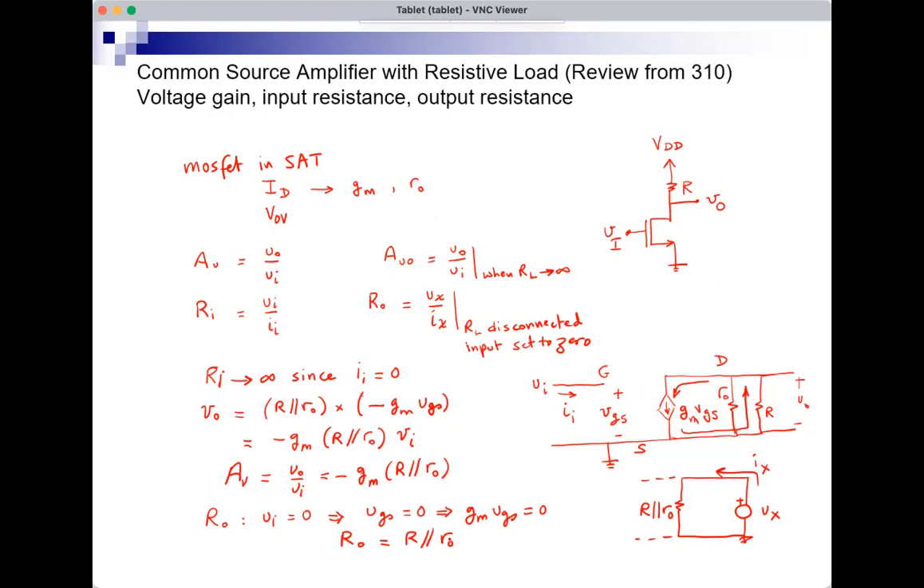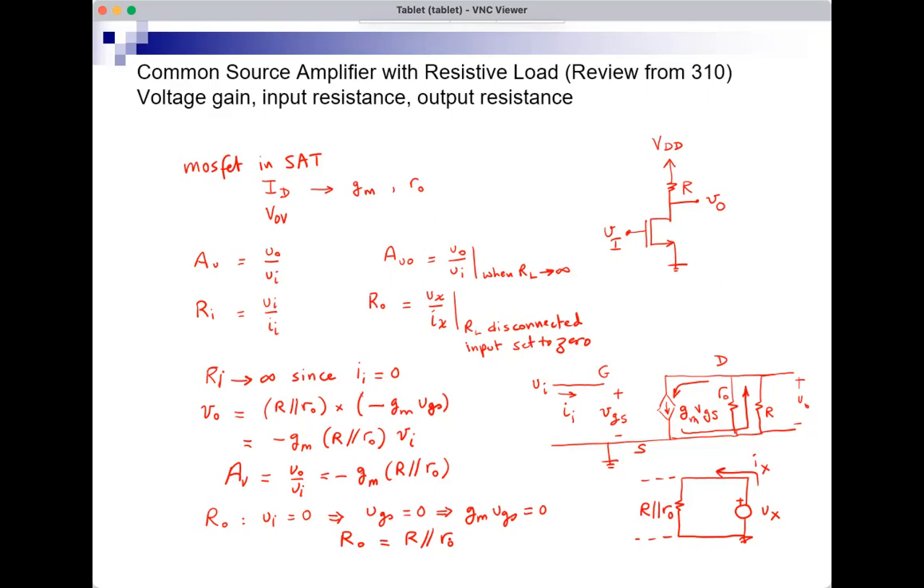And if I want to make AV larger and larger in absolute value here, I want to make the product GM times R parallel RO large. This product is actually bounded. This cannot be bigger than minus an absolute value GM RO. The reason is that whenever you have a combination of two resistors in parallel,